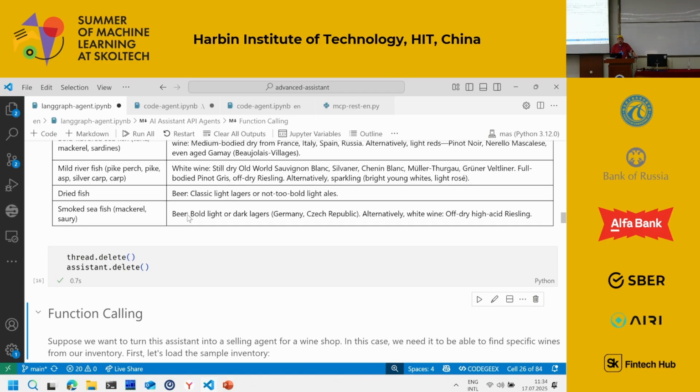Now, what if we want to have a shop with wines and we want to provide the information about the price list? How can we handle this problem? Of course you can say, you had the table of food wine pairing, why don't you just handle the price list using the same approach? Well, it wouldn't work well, because if I ask, what is the cheapest red wine available?